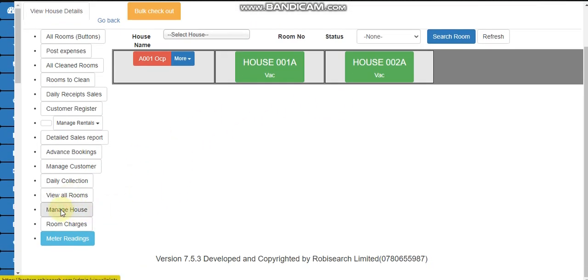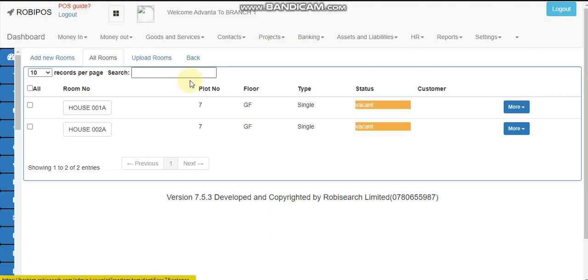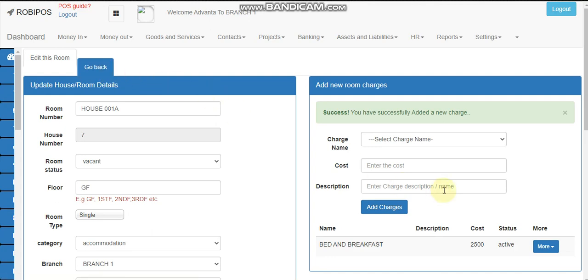Now after updating the charges for the particular plot, you go to the houses and also do the same. Maybe this house 001A, I want to make it bed and breakfast, so you select bed and breakfast, amount, no, it was 2,500, you input there 2,500, add charge. After doing that,